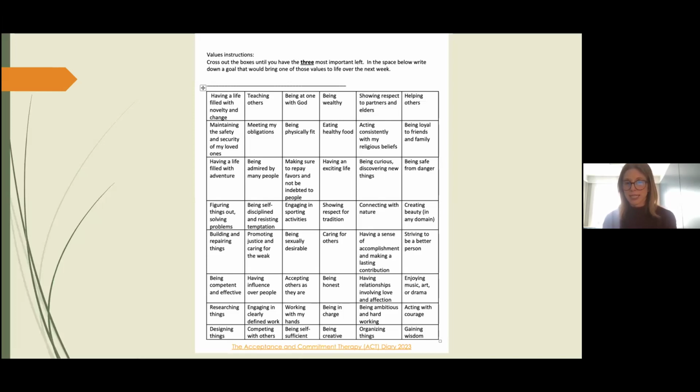What I like about this example is I think the values facilitate more connection with that action-oriented approach. So it's a little bit easier to imagine an action, I think. And so this enhances that connection with committed action. It kind of starts to already bridge that gap right at the values conversation. I'll give this to someone, I'll send them home with it at the end of a session. Sometimes we'll do it in session together.